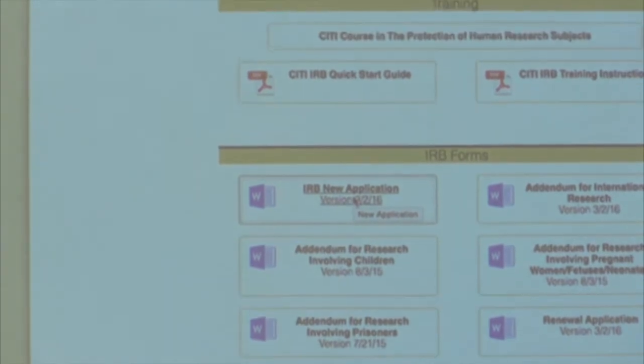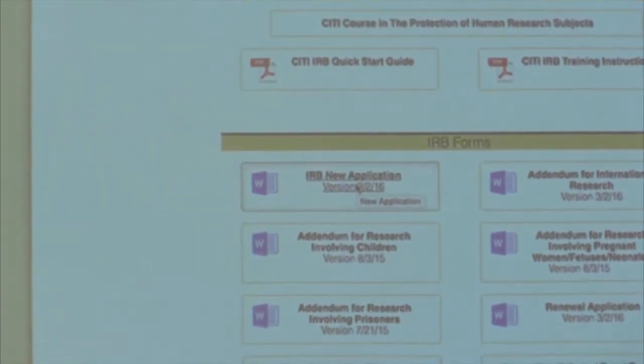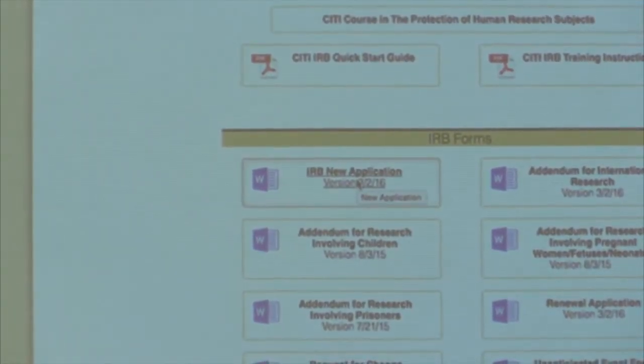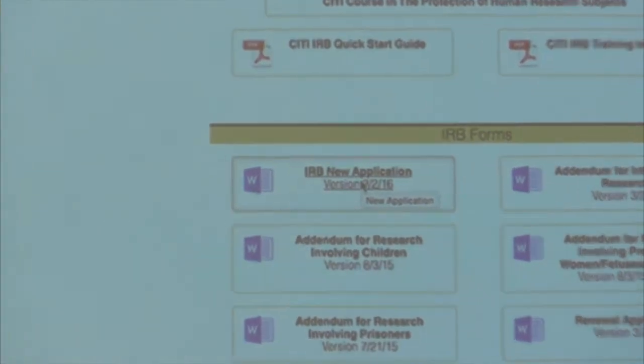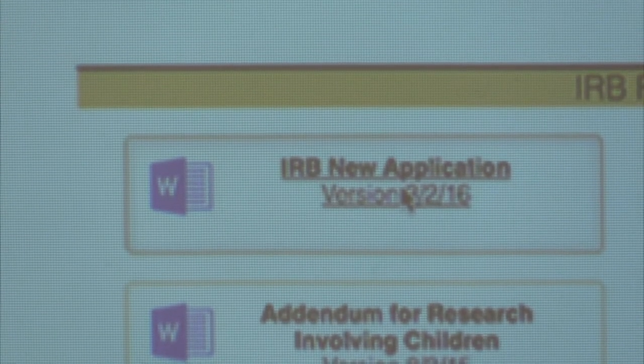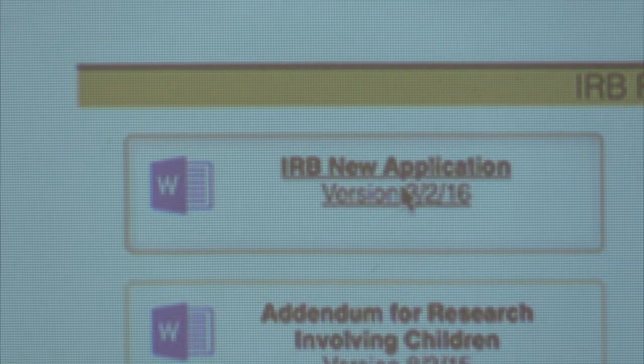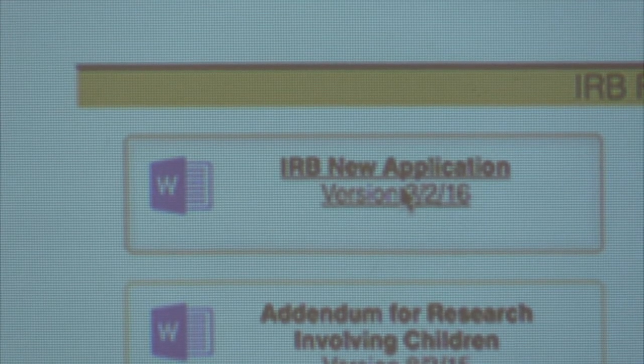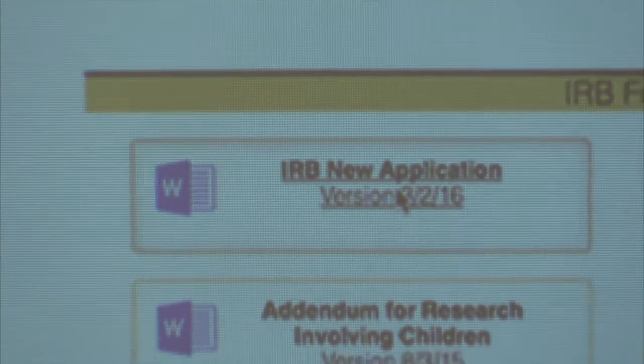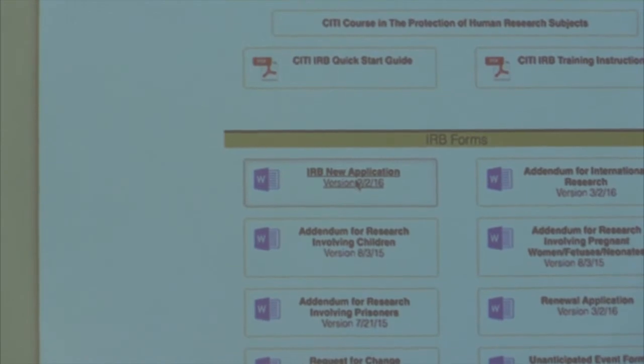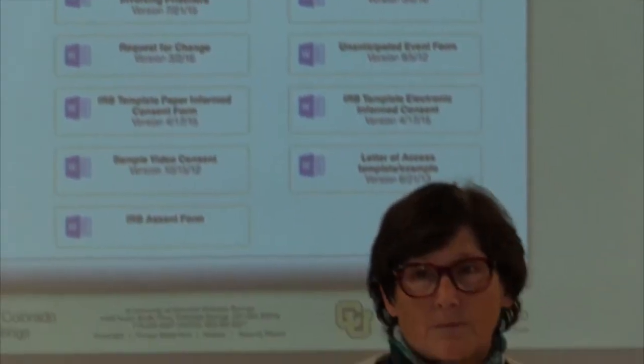Okay? And for all types of review, the last type of review is full, and that's if you're using a vulnerable population. Now, we had a student one time who was using adults, but those adults had Down syndrome. So we went for a full review on that one. I do all the full reviews. I do all the veteran research, because I'm a veteran and I know the ropes.